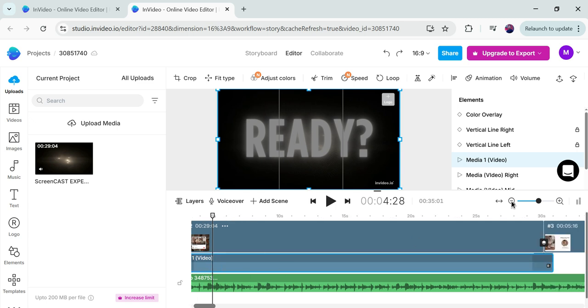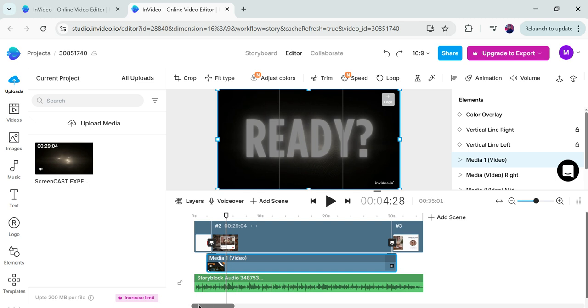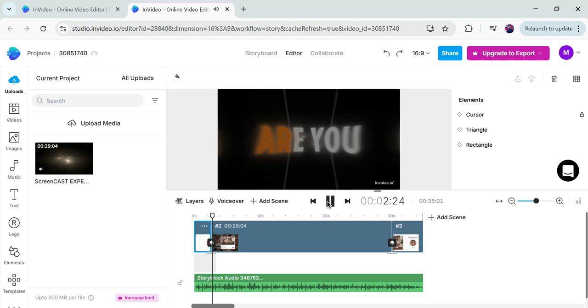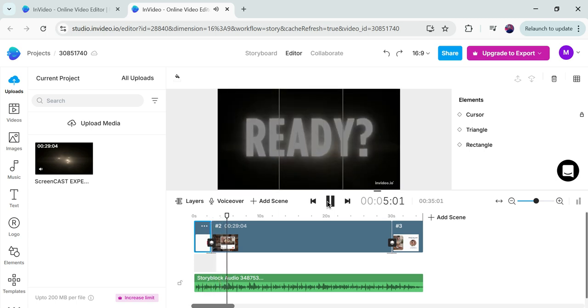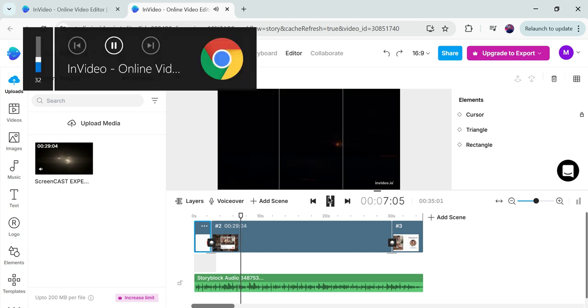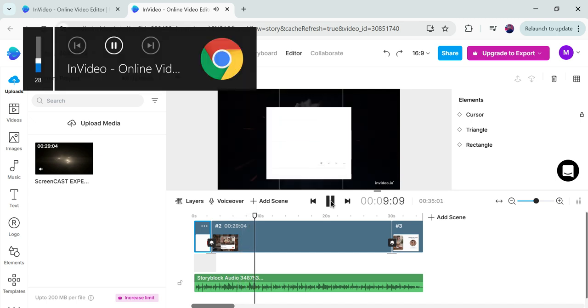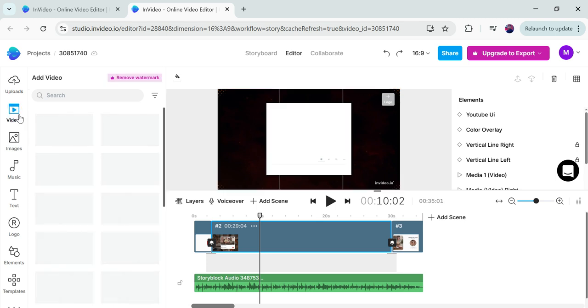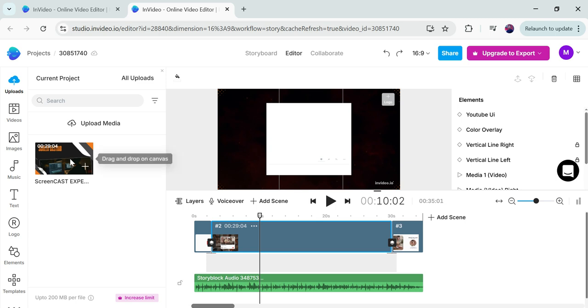Okay, so that's how I've just added it, and now let's play it again. So that's how you can add your own video over the template, and if you want to edit your own video you can also do the editing to your own videos without selecting any template.